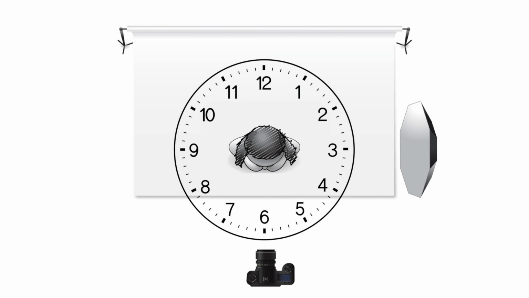If you place your key light at 3 o'clock or 9 o'clock, it will be referred to as side light or split lighting, which will typically cause only half of your subject's face to be illuminated. I'm personally not a fan of this type of lighting, so you won't see it very often in my timeline, mostly because I want there to be light on both of my subject's eyes. Side lighting can also be unflattering for people with bad skin because it will show all of the texture in